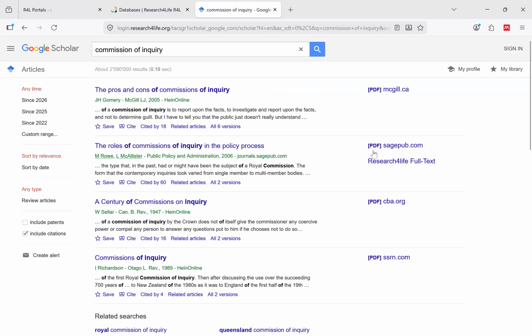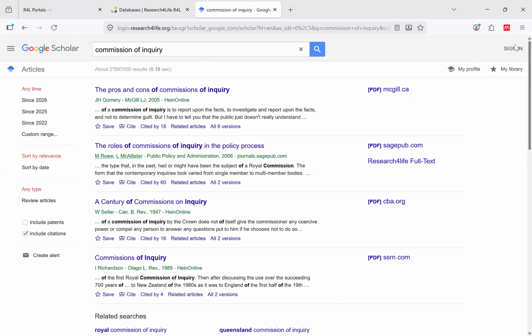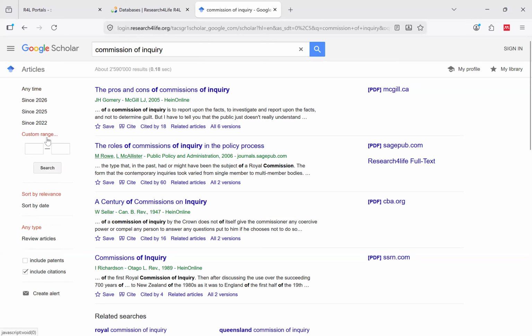See this? This is an article from Sage, which wouldn't be available to you if you're searching directly. So you can also filter. You see here we have the custom range, but I know for legal students, they don't restrict you on current literature. Those in technology may restrict, but for legal students, you're not restricted. So you may leave it open, or you can customize by clicking on custom range, and you put the dates that you want,